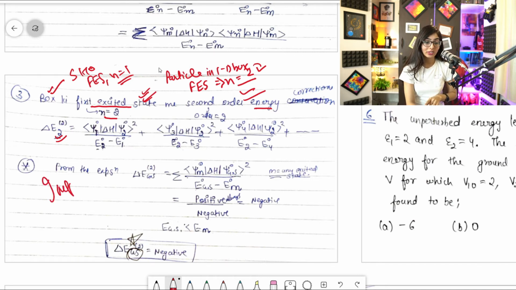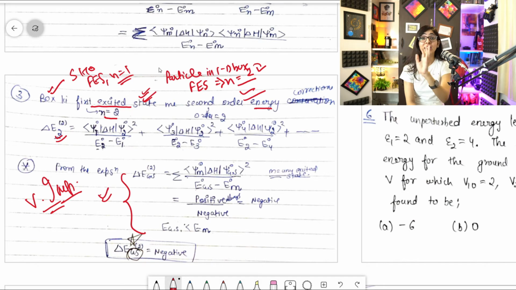So I want to discuss one very, very important thing over here. Clear? Every time there is a statement-wise question from this only. At least 4 times this question has come in the CSIR NET exam, 2011, 15, 18, in different exams. Just this much question has come. Clear? So this whole page is very important, just pay attention to this. Now I was discussing the first excited state, that is N is equal to 2. So I will write the state in subscript, because I always write state over here in subscript. So I will write 2, and order is 2.